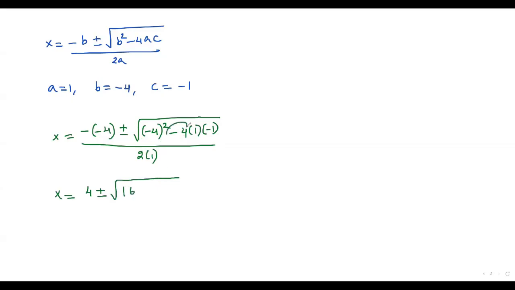Okay, when I multiply this negative 4, positive 1, and negative 1, I am getting positive 4, because when I multiply this negative and negative, it will become positive. 4 times 1 times 1 is just 4, divided by 2 times 1, which is just 2. Let me continue over here. x equals 4 positive or negative square root of, when I add 16 and 4, I am getting 20,